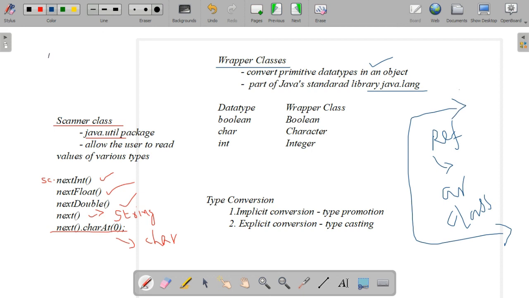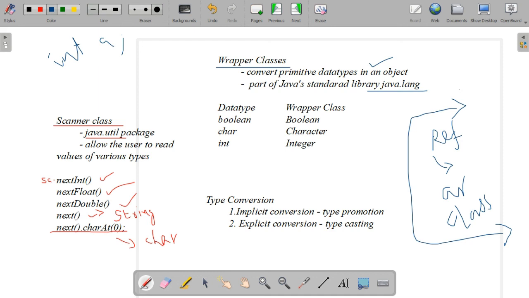But in the case of primitive data types, we just declare values, like int a, byte c, different data types we declare. But we don't know how to convert a primitive data type into an object, or how the value of a primitive data type is saved in an object. So in that case, we use the wrapper class. A wrapper class wraps a value of a primitive data type in an object.